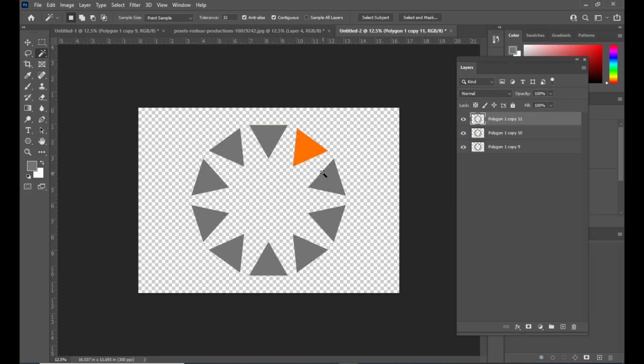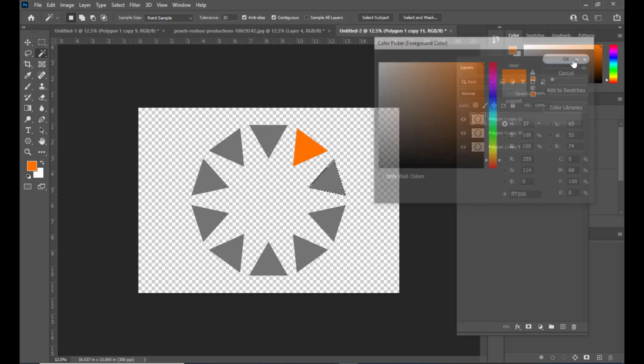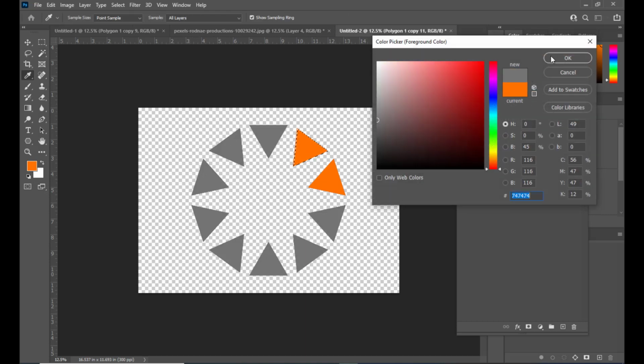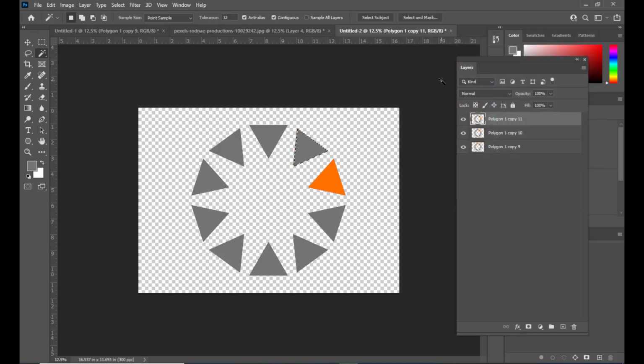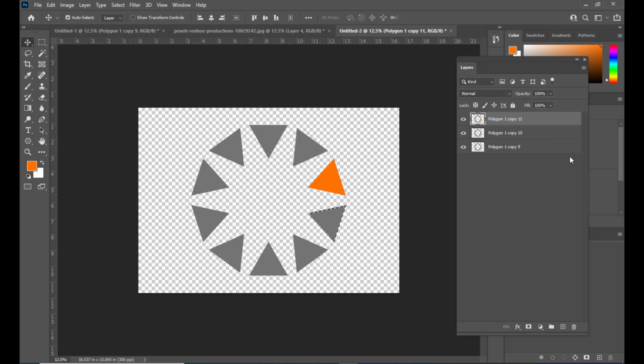This time we'll select this one, this triangle, and we'll pick this orange color, and we will fill this orange color. And then again we'll select the previous triangle, and we will pick the gray color and apply it. So we'll be just following the same steps. So we'll just pick the color, and we have to just take one more duplicate here,